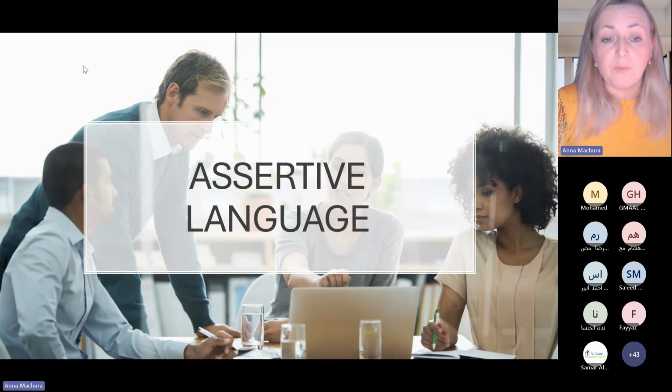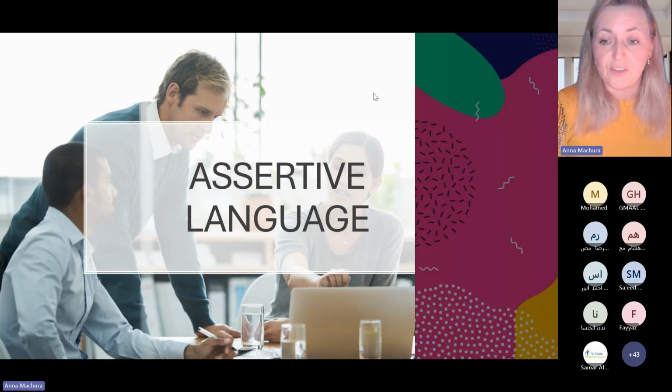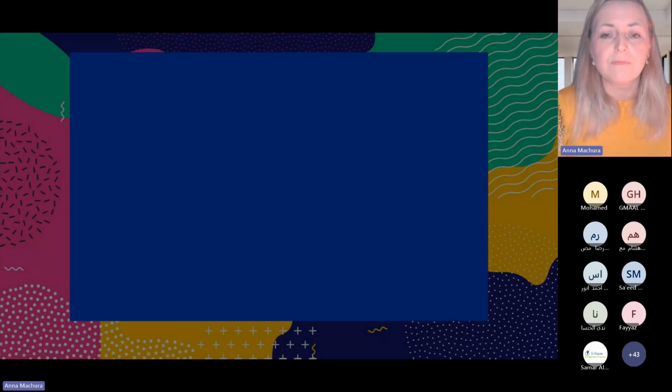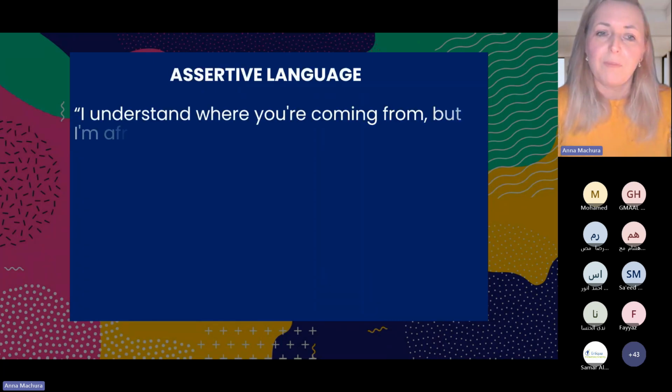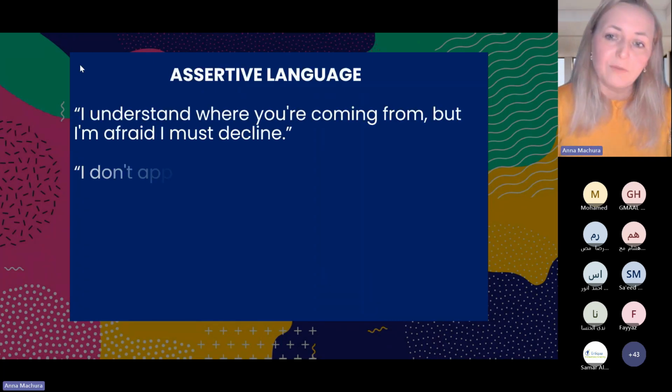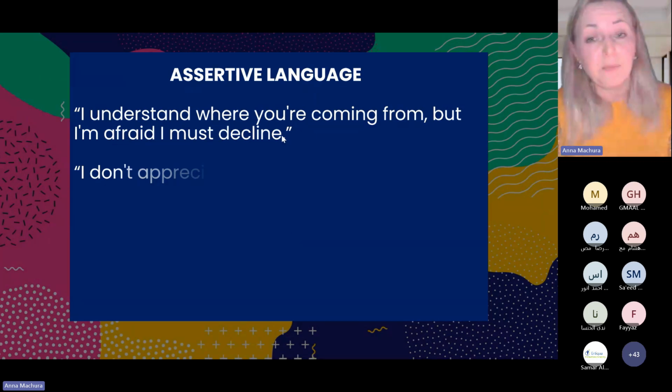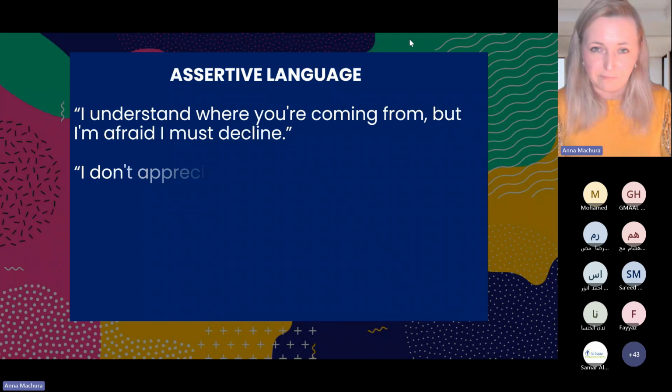Assertive language, very important, because you want to reframe the message somehow, or you don't want to sound aggressive, passive aggressive. Or again, you may do nothing, but is this what you want? Okay, we're talking about meaningful communication. So assertive language. Can someone explain in simple terms what it means to be assertive, and to use assertive language, most importantly? Anybody?